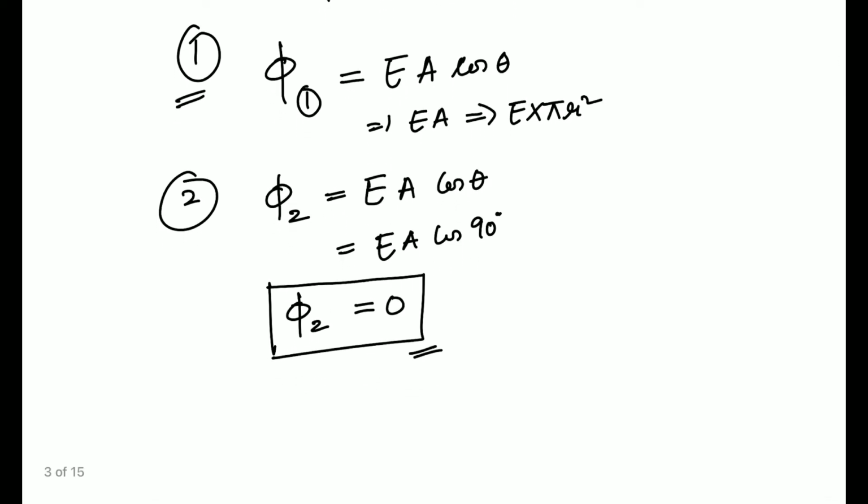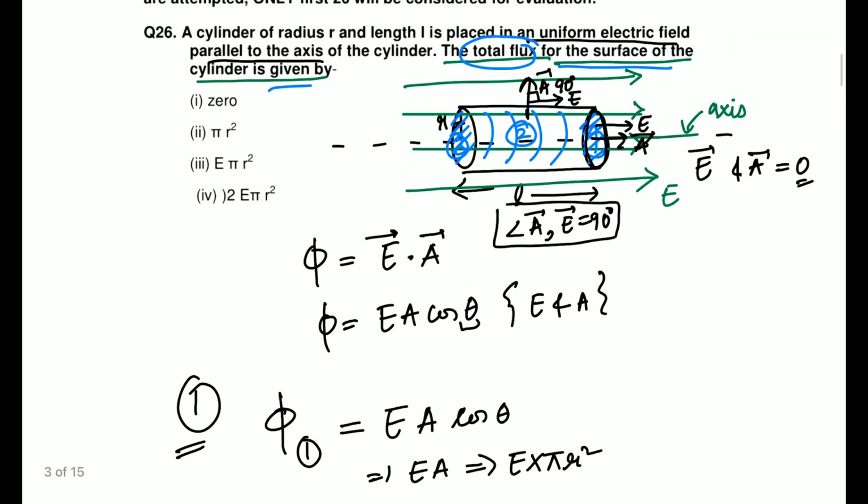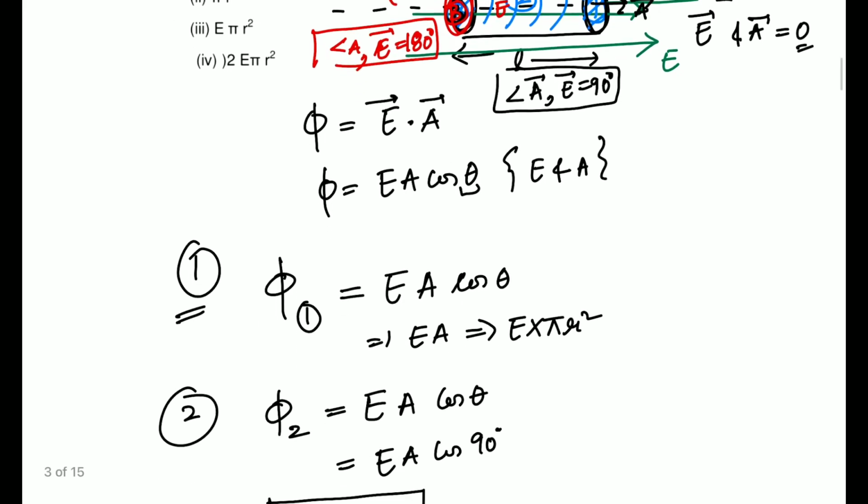Great. Let's talk about the third surface then. This is my third surface, right? Let me use different pens so you can see that. Okay, red pen. All right, this is my third surface. The area vector will be perpendicularly out of the surface, but you can see my electric field is still in that direction. So I can very nicely see the angle between them is actually 180 degrees. The angle between A and the electric field for this particular surface is 180 degrees. Okay, so I know the angle is 180 degrees.